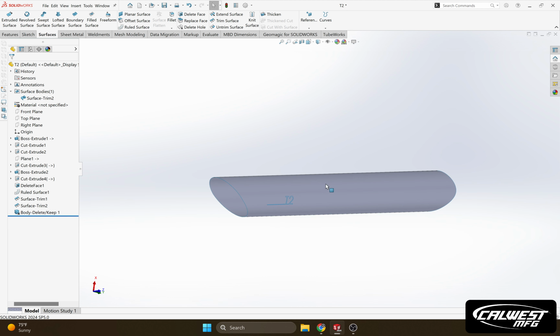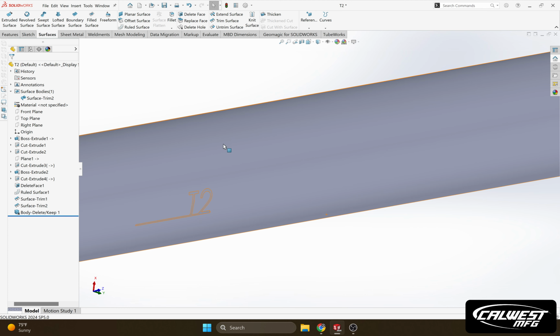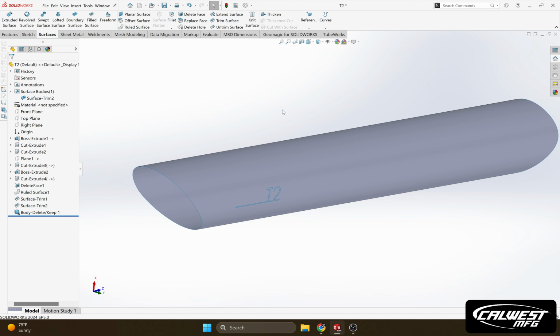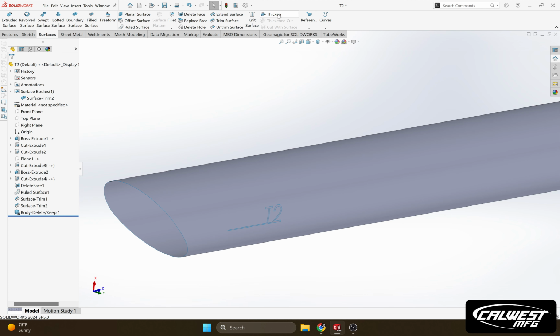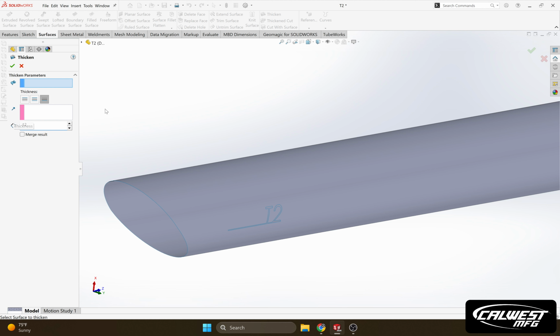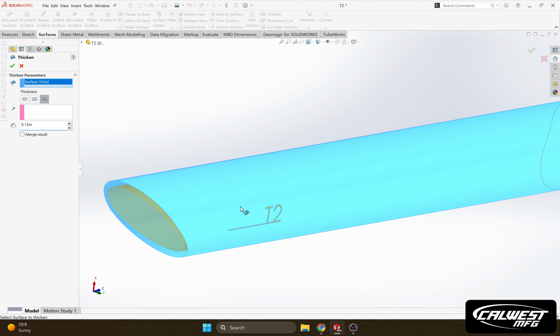So here we are with our outside surface. That is trimmed. And the next thing we're going to do is thicken. So right here where it says thicken, we're going to type in the thickness of the tube. At this point we need to make sure that we're thickening it to what the original model was, because we notched it using a certain thickness. Therefore we need to make sure that we re-thicken it back to what we had it originally,